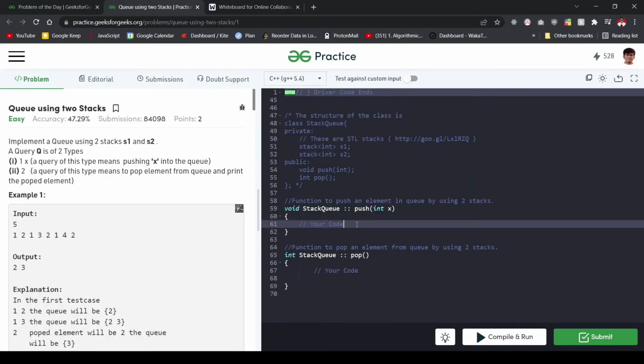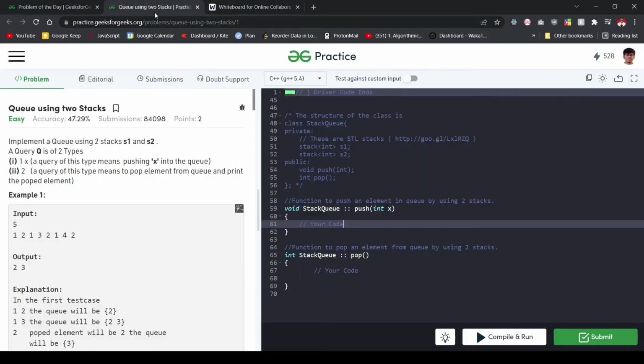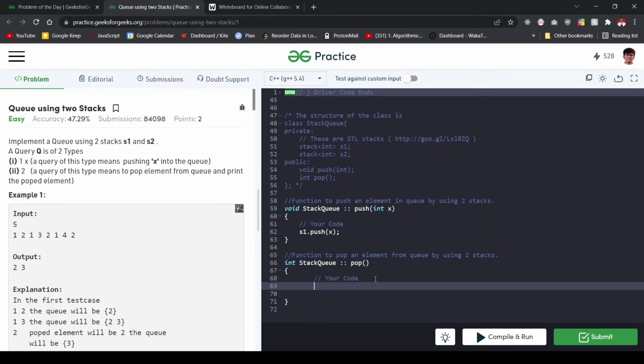Now let's move on to the code itself. So since we are making our push operations inexpensive, we'll be considering the second approach to the problem, that is making a pop operation expensive and push inexpensive. Since a push is inexpensive, we simply have to push all the elements that have been pushed to the queue onto the stack S1. So I'll do this. Now coming to the pop operation, which is our expensive operation, meaning it works in O of n time,